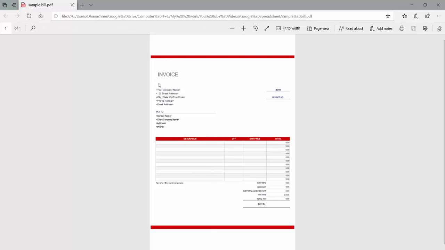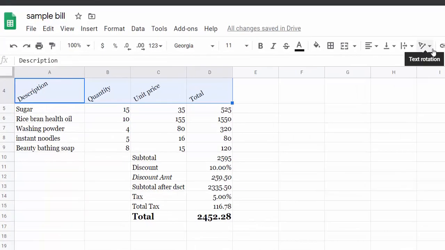Now let's try to make this bill look like this, and we are doing this using Excel only. In this it is a red strip, then invoice, and address of a company, then address of a buyer, then generated bill with the calculation, and again a red strip. And if you can see, there are grid lines present somewhere and somewhere it is not. So let's try to make our data look like this.